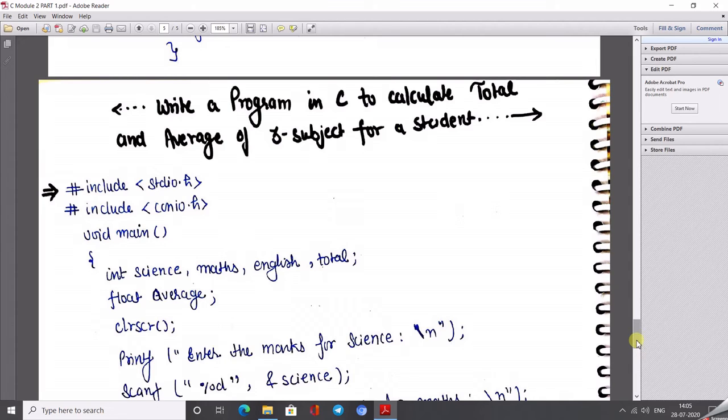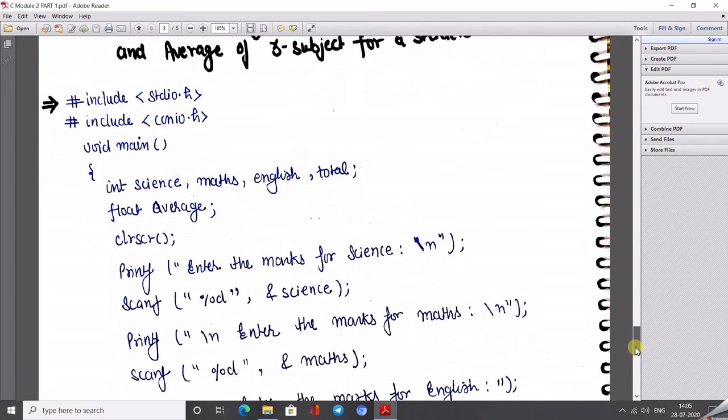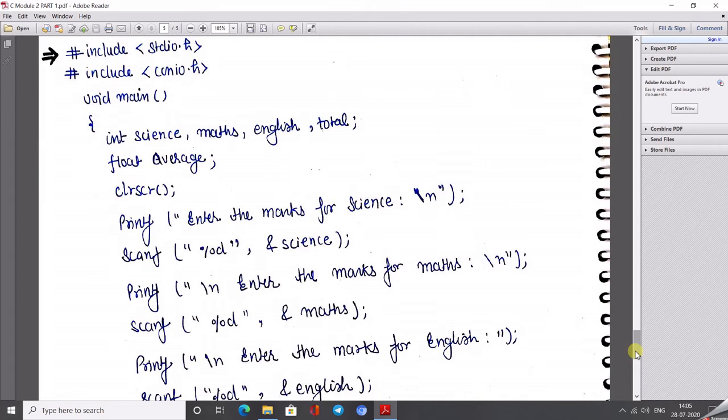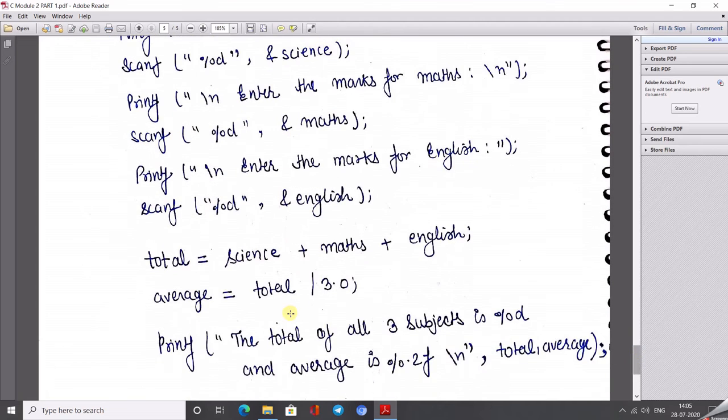Similarly, there are so many example questions you can try. For example, how to write a program in C to convert inches into feet. You must know the basic mathematical logic of the calculation. When you know the logic, you just apply it here, like I know the logic behind the average, how to calculate the average number.